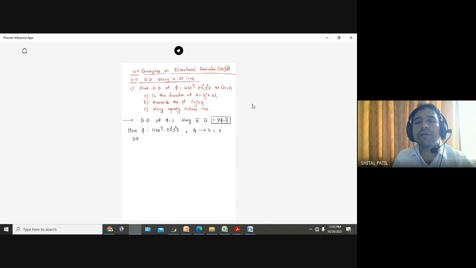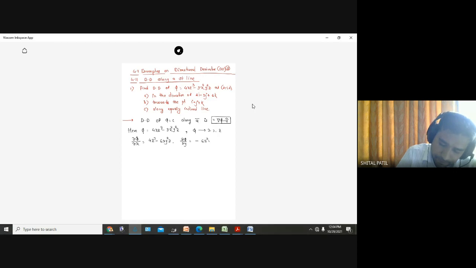You remember, right? Number of independent variables is 3. So find derivative with respect to x, with respect to y, with respect to z. Right. Therefore, grad phi equal to